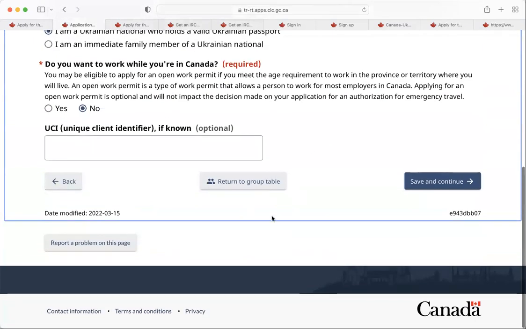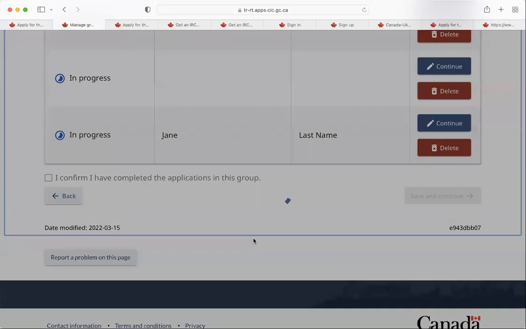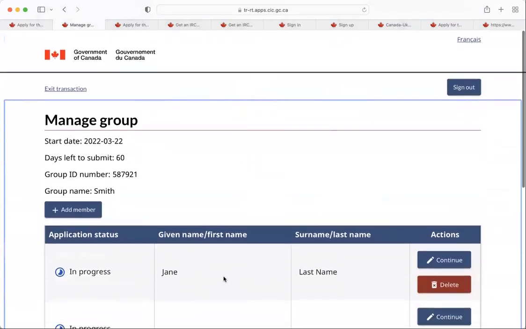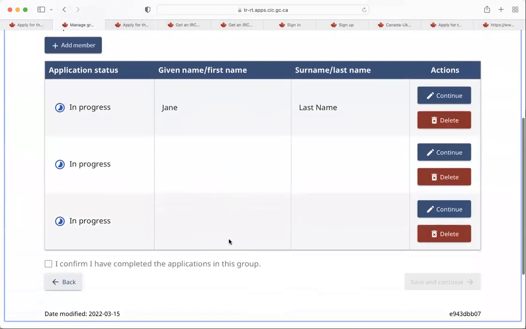And once you complete it for all the members in your family, you will click this button, which says, I confirm I completed all the applications in this group. Then it will let you select who's going to be the primary applicant, and you will indicate the relationship to the primary applicant for all the other people in the group. And once you do that and complete all the applications,